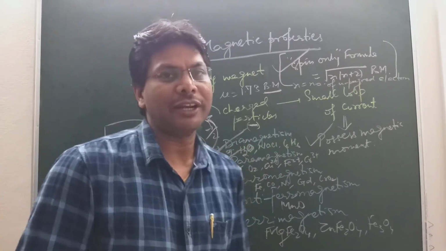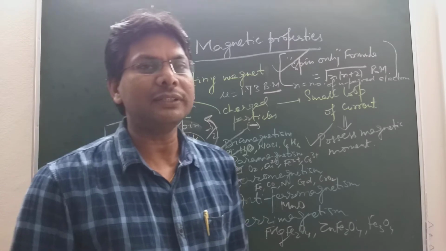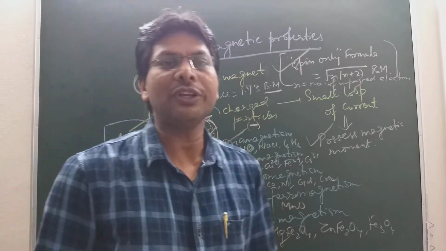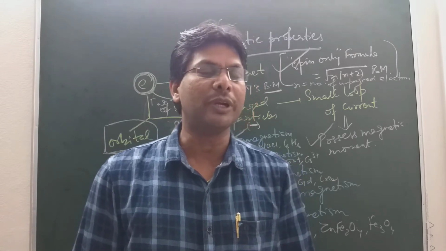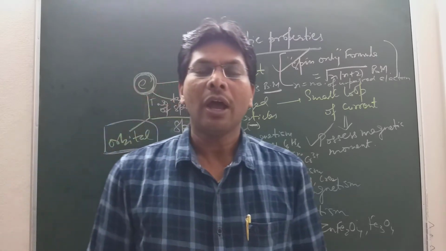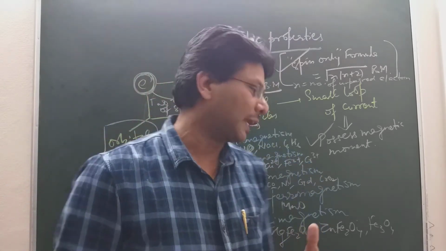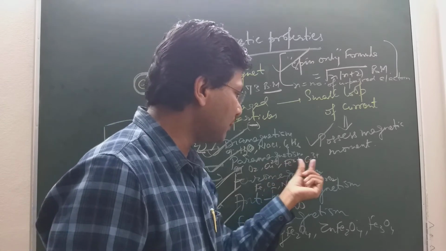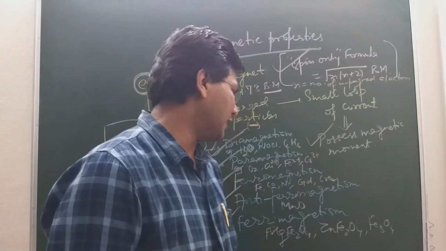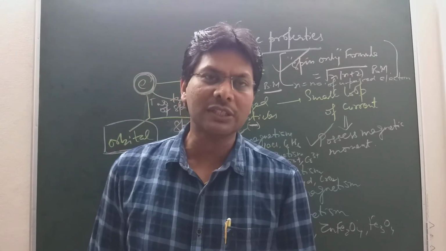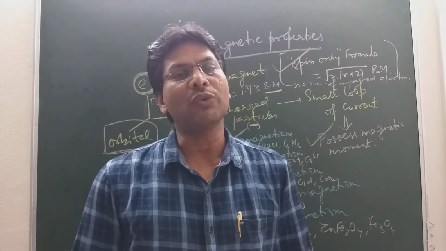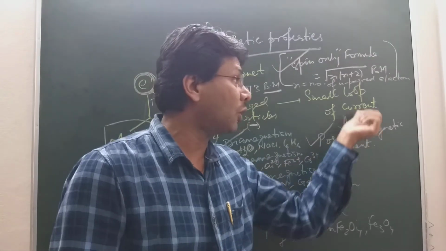Now coming to paramagnetism, these substances are attracted in the magnetic field. They have one or more unpaired electrons. According to valence bond theory, O2 is diamagnetic, that is the demerit of VBT. But according to molecular orbital theory, O2 is paramagnetic, and you must know that O2 is indeed paramagnetic. Cu2+, Fe3+, Cr3+ are ions which have unpaired electrons, so they behave as paramagnetic substances. Paramagnetic substances are attracted in the magnetic field due to the presence of one or more unpaired electrons. They have magnetic moment not equal to 0.